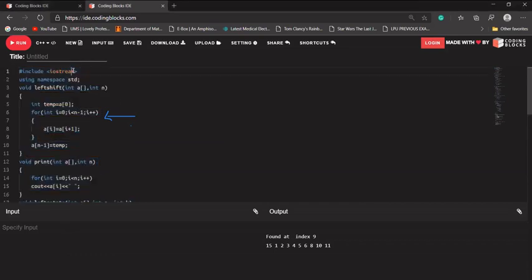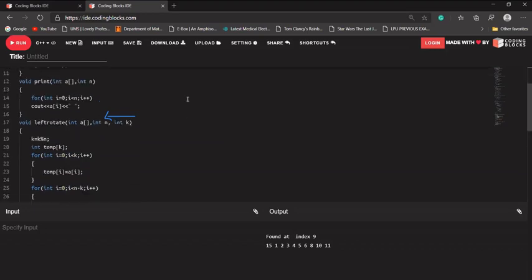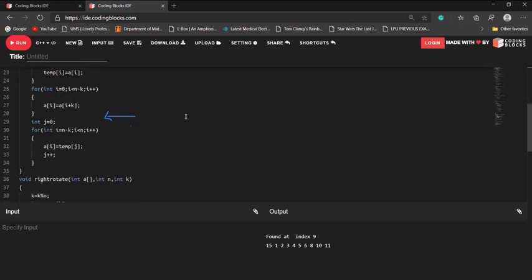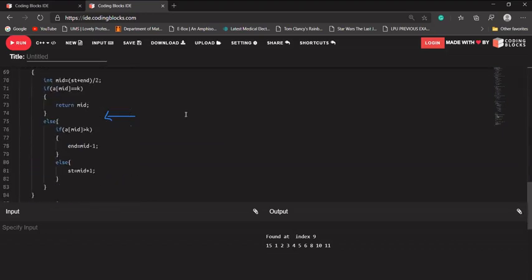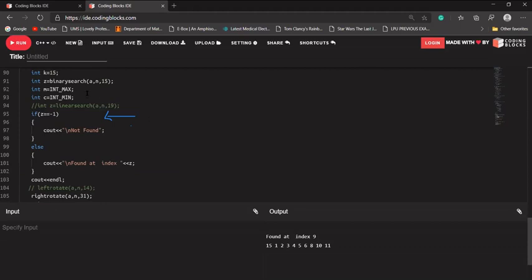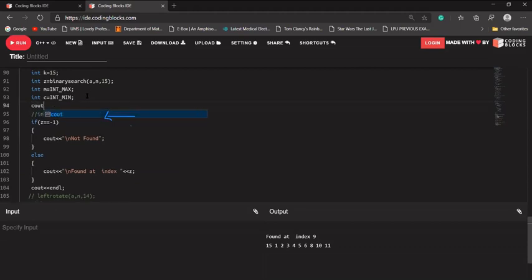Let me include bits/stdc++.h. So let's try to figure out something: printing the maximum and minimum values.